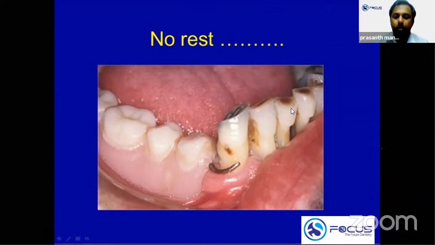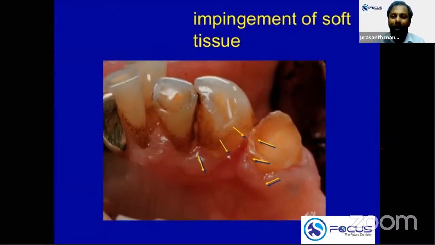See, when you have an occlusal load over the tooth, this clasp assembly is going to impinge over the underlying mucosa or the gingiva. Clear? Hope it is clear from the picture. So if there is no rest, the result will be the next picture. All the supporting structures of the abutment teeth, or the teeth which provide retention, will be injured. It acts as a gum stripper. It will strip off the gums or the gingiva from the tooth. See? So that is the consequence.